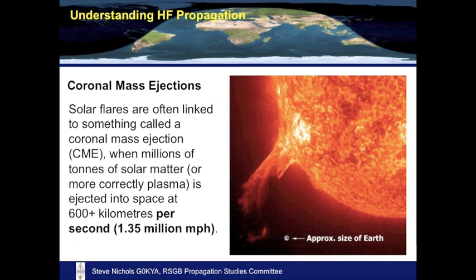But it's not all good news with solar flares, because they're often linked to something called a coronal mass ejection. Now this is when millions of tons of solar matter, or more correctly plasma, are ejected into space from the site of the CME. And these things are hurled into space at rapid speeds, 1.35 million miles per hour, something like 600 kilometers per second. And so if one of these coronal mass ejections is pointing towards the Earth, then it's going to impact upon the Earth, and we're going to have some effects. As you can see from the diagram there, these things are utterly massive. I mean, compared with the size of the Earth there, which really looks like a pinhead,